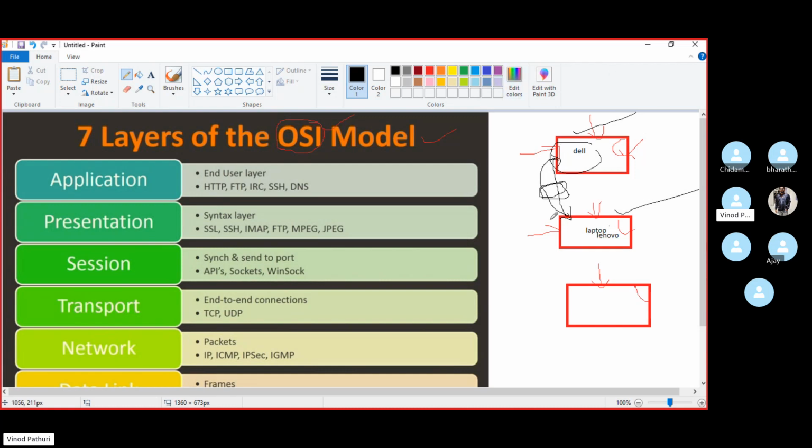If we do it that way, everyone will use their own standards, so it is not user friendly, right? So this ISO, the International Organization for Standardization, researched all of these things, and in the same way in networks also, they invented a model. Everyone should follow this model whenever they are building something.